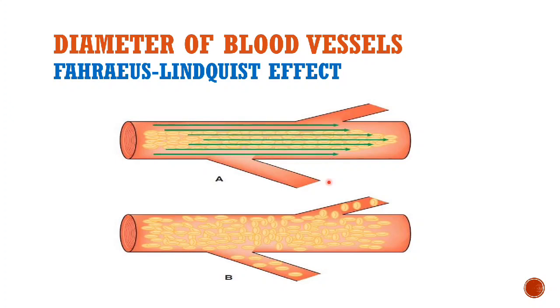In addition, there is a suggestion that capillary endothelial cells secrete a substance which further helps to lower the viscosity of blood in the capillaries. Okay, you can see that at higher flow rates, the RBCs are placed in the center, leaving a cell-free peripheral zone, which is called the plasma skimming effect. So because of this plasma skimming effect in large and medium-sized vessels, blood that enters the capillaries will have less hematocrit. That is, RBCs do not enter the capillaries much.